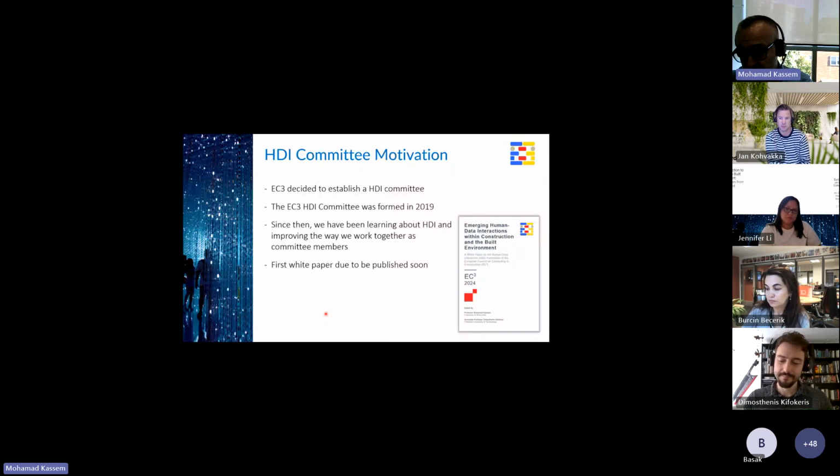We can discuss, like Jenny said earlier, we have this white paper coming up, but we wrote this white paper while learning. All of us were learning as a committee, so we don't consider ourselves top experts in this space so far, but we are learning, and we know how important it is, and you have seen some of the interesting projects that Jenny mentioned.